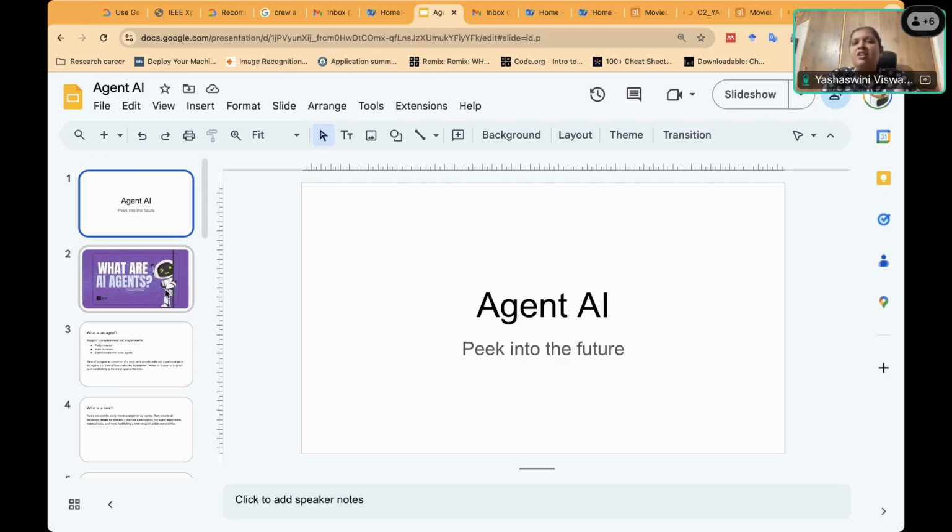Now, this is the era of generative AI. All of you know why generative AI is important. This is a generative AI use case where we have Agent AI building out the recommender system. I'll first tell what Agent AI is, and then I will share the paper with you, and you can try to use that to build the recommender system.